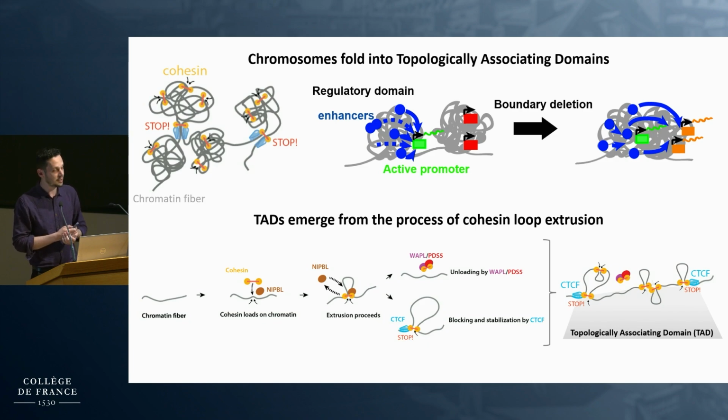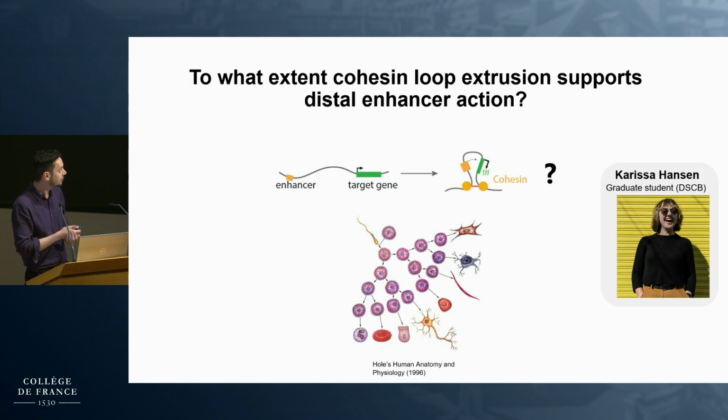To what extent is cohesin really helping all enhancers find their targets, and what really is going on here? This is the question I'm going to start addressing today with you: to what extent cohesin loop extrusion really supports distal enhancer action, especially in the context of transcriptional dynamics that